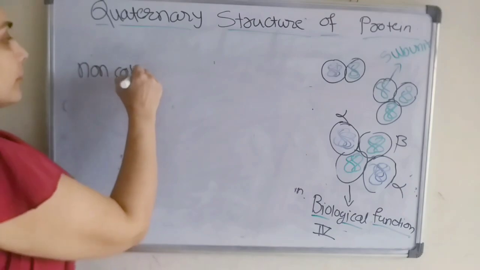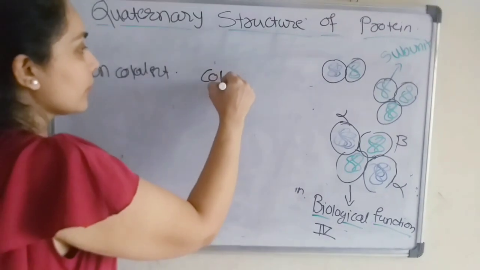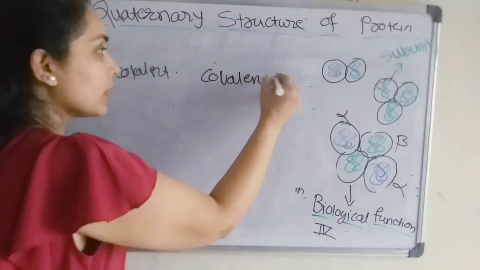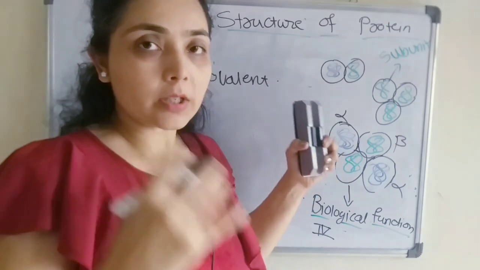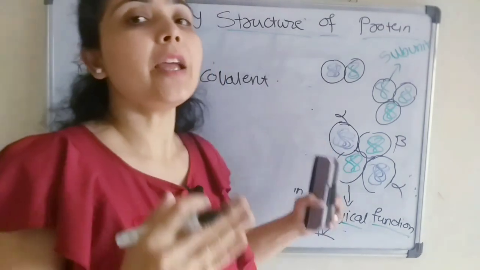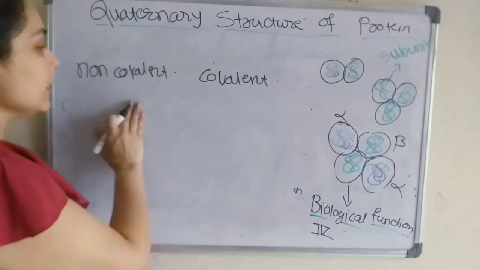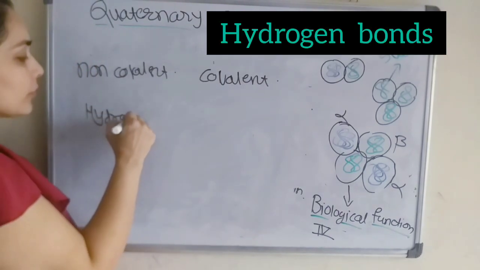Non-covalent and the covalent interaction. So the interactions or the bonding which is holding the quaternary structures or the subunits of the quaternary structures is mostly of the non-covalent type. So the interactions can be the hydrogen bond,